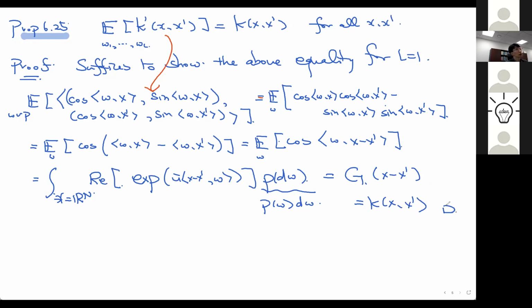So this shows that our approximate kernel, based on this random Fourier feature, on average computes the right value. And so it provides a justification. And in fact, in the textbook, he uses this equality to do a lot more sophisticated error analysis. I'm not going to go through this, but if you are interested, you can have a look at